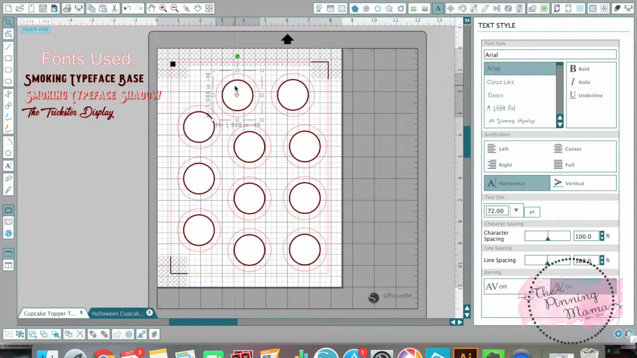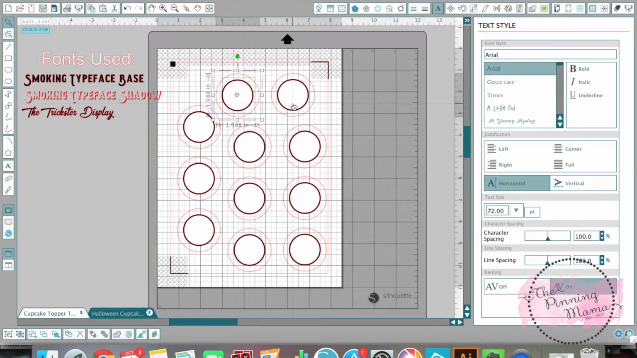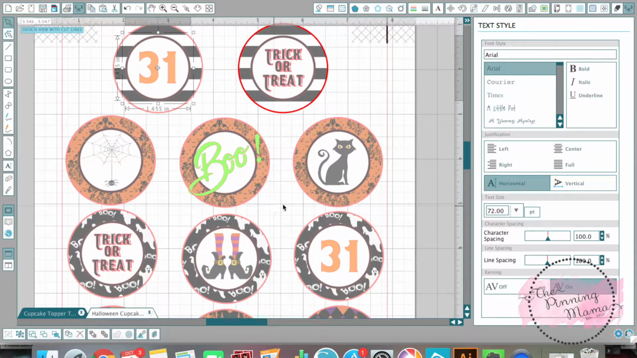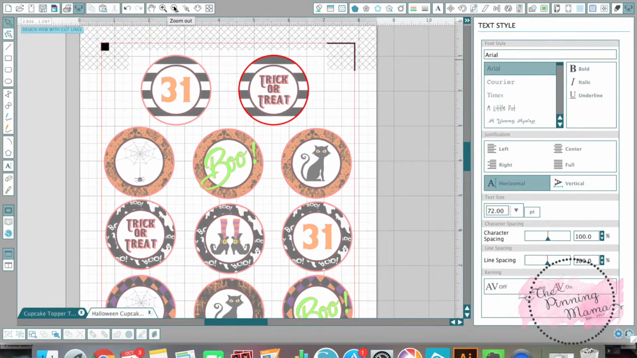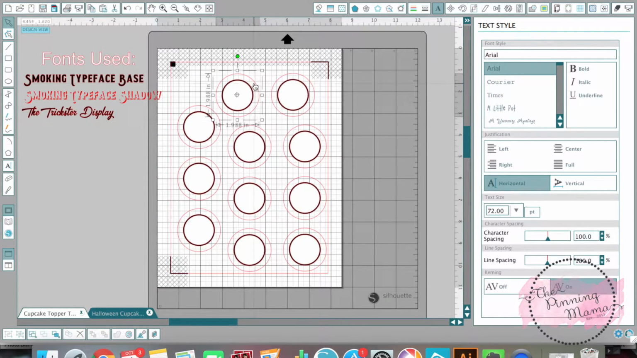So on my template, these are grouped together, so I'm going to need to ungroup them to be able to work with them. But basically what I'm going to do is end up with something that looks like this. Let me zoom out for you so you can see it all. So this is what I ended up with when I made my cupcake toppers, and we started just with this. So the outer circle is going to be our pattern, and to do that I am using the digital papers